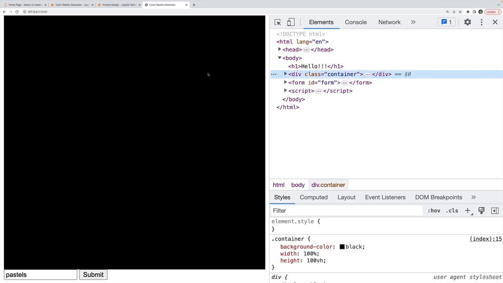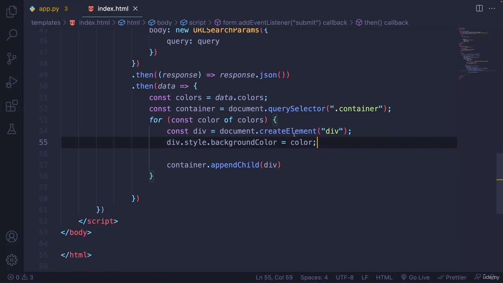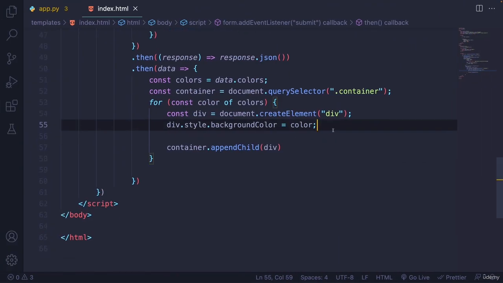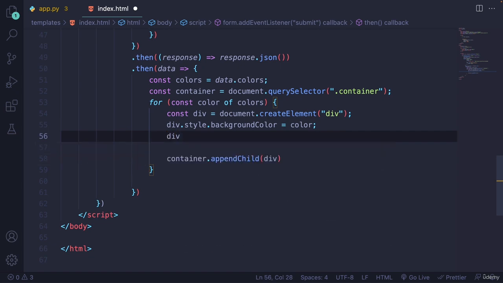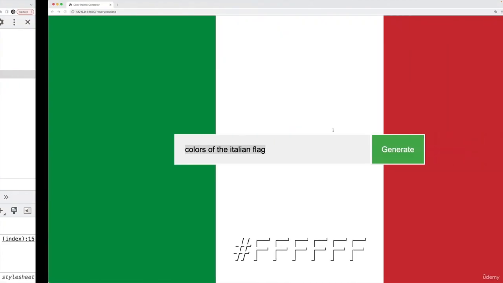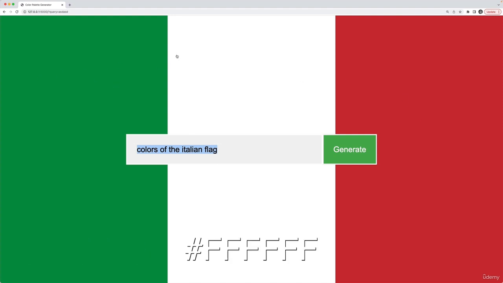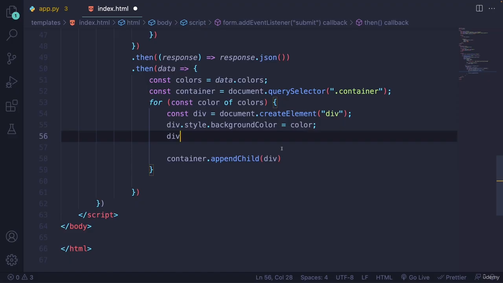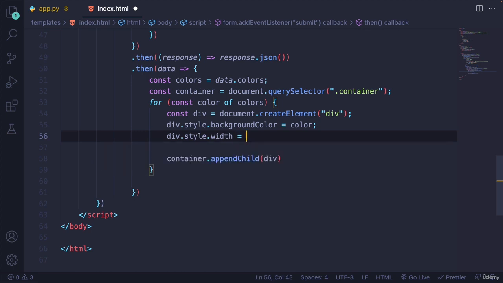The problem I have is that they have no height and they have no width. So the first thing that we'll do is give them a width. And this is going to involve a little bit of fancy math. I'm just going to divide up. If we go to this example, 3 colors, each one should get 33.33%. If I have 4 colors, each one should get 25%. So I'm going to divide, let's set their width, div.style.width equals, and then the simplest way of doing this is